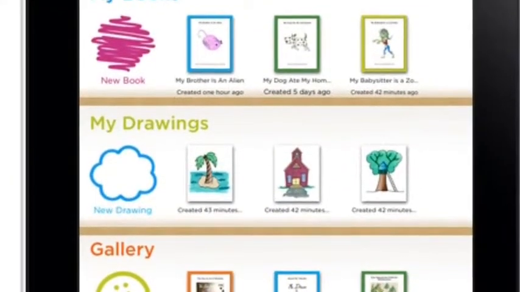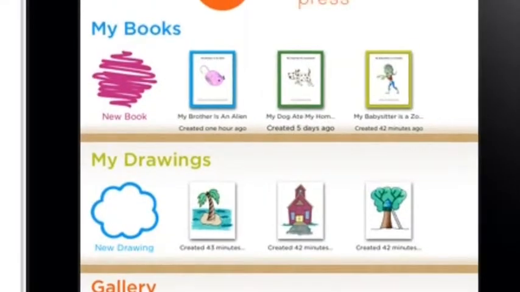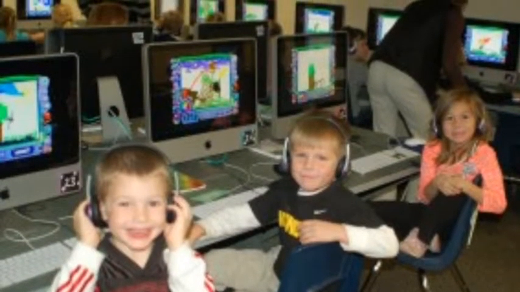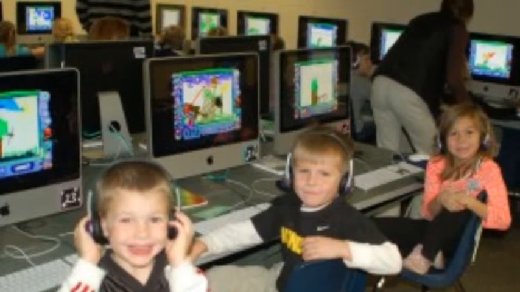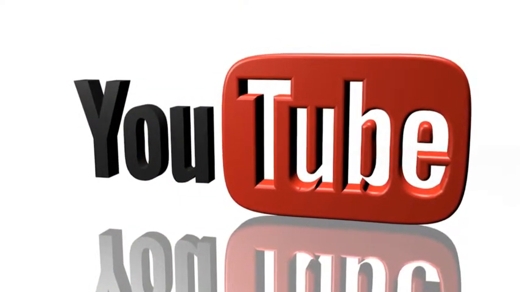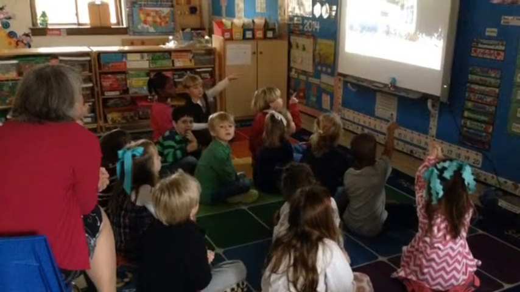Students will be given the opportunity to use the Scribble Press app for iPad to write a social story on how to ask for help. They will also use KidPix to draw pictures to express how to ask for help, view a song and dance on YouTube via the smartboard, and practice singing along or synthesizing ideas to determine times when they may need to ask for help.